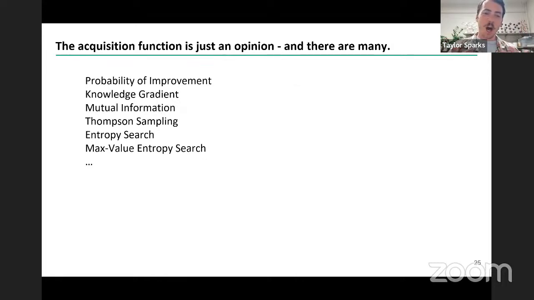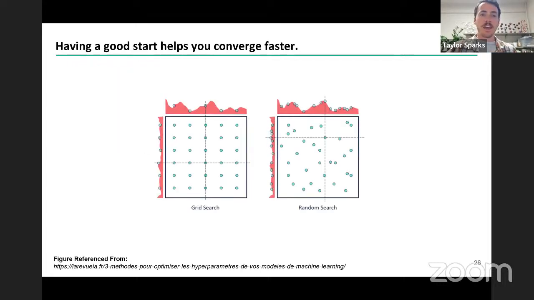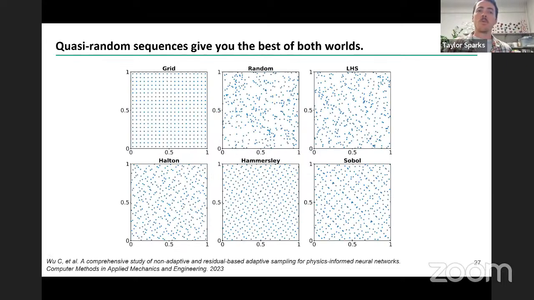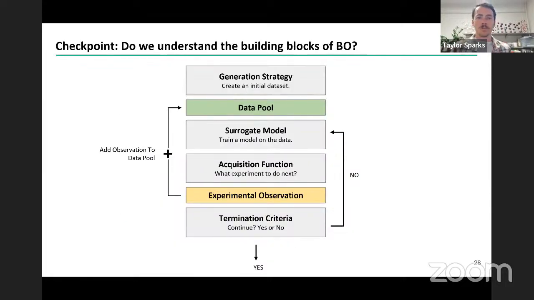In other words, the optimization process itself requires optimization. You have to pick which surrogate model to use, which acquisition function, and how about this one, which data points you start with. Because the data that you start with could be very helpful to help you converge faster to the best possible solution. You could do a grid search, like is shown on the left here. That's sort of our design of experiment. Or you could sample randomly for your starting data points, or you can rely on these quasi-random sequences, which really give us the best of both worlds between grid and random. So here's what the building blocks look like then for Bayesian optimization, sort of as a checkpoint in our understanding. You have to figure out what your criteria of success is.